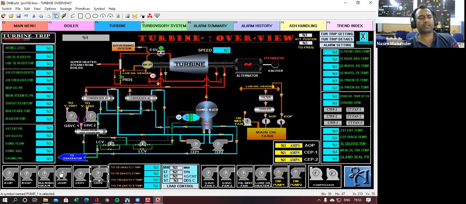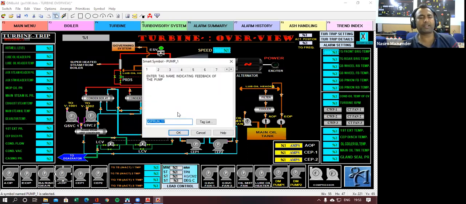You just double click it, or right click it, and see how they are using these tags, what methodology they have used, or how they have designed the tag. You can get an idea if you analyze the SCADA pages one by one. For example, here in this SCADA they have written CP2